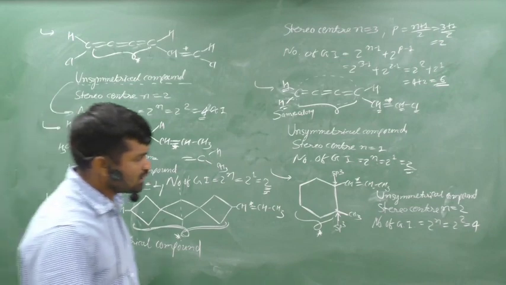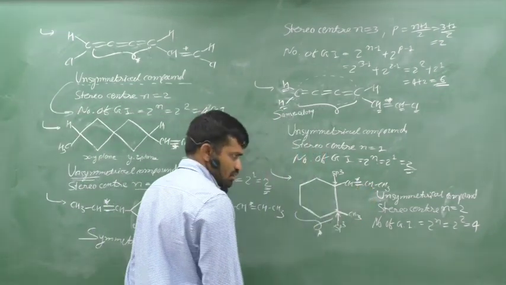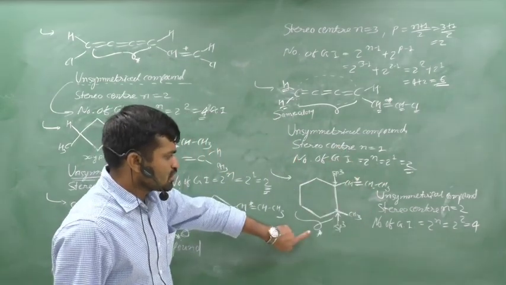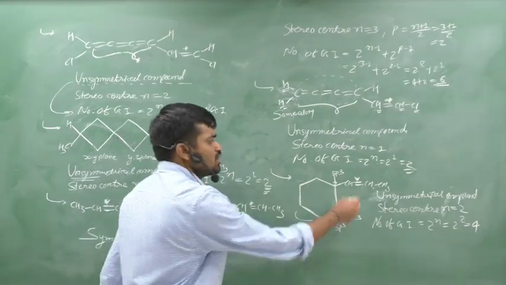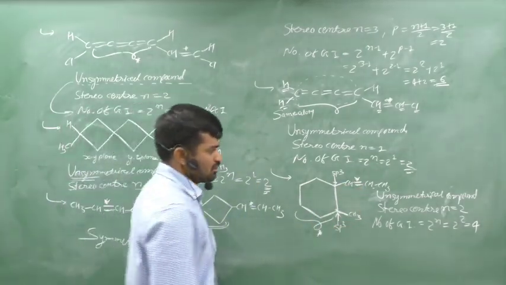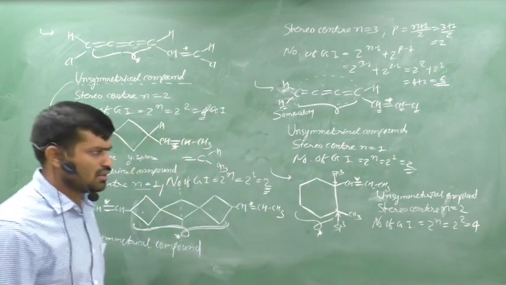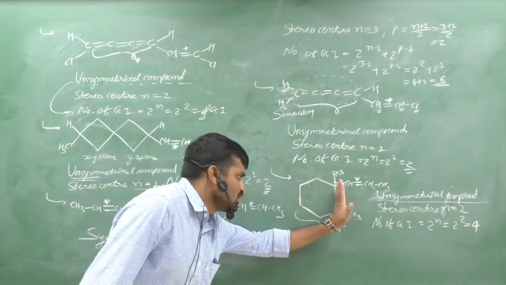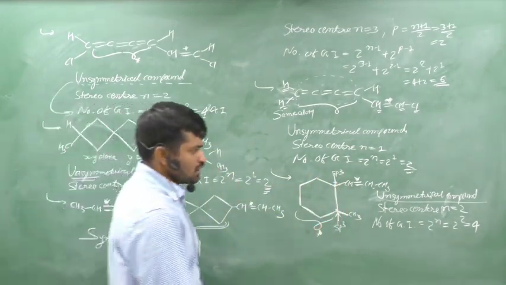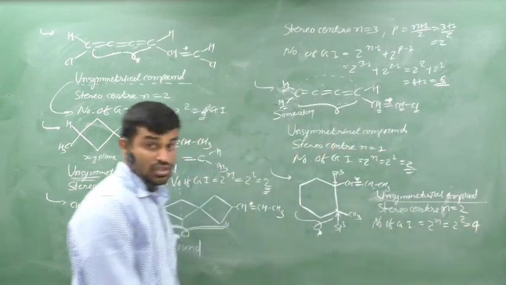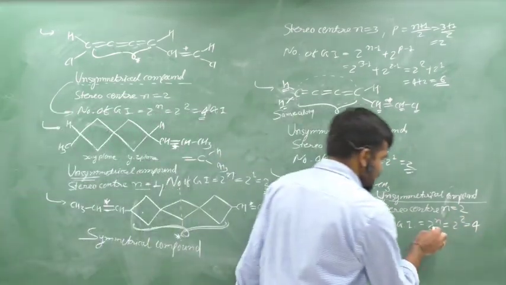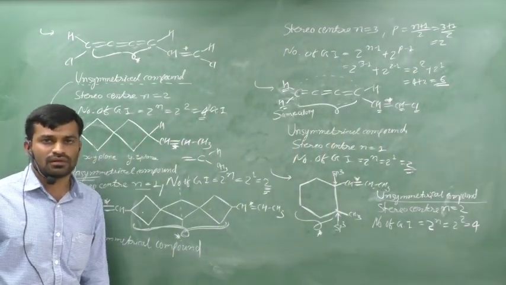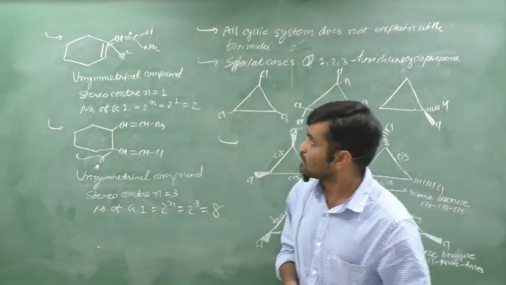Now we can check the second possibility. The second possibility is CH double bond CH, CH3. This double bond also shows the GI. Therefore, the first stereocenter is the cycloalkane ring. The second stereocenter is this double bond. Therefore, you can say that yes, the compound is unsymmetrical. We can say that because if we cut from halves or this side, we cannot have two equal parts. Stereocenter n is equal to 2. Therefore, number of GI is equal to 2 raised to n, 2 raised to 2, equal to 4. Clear?